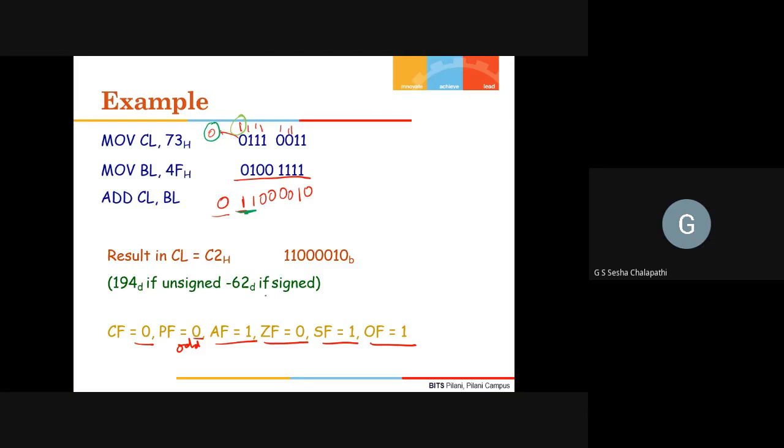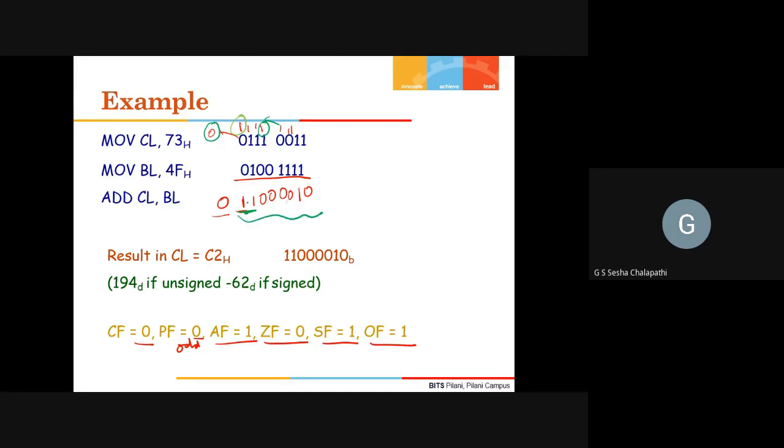And as we have discussed in the tutorials and in the classes also, the parity flag is valid only for the lower byte of data. In this case, you are operating with 8 bits of data, therefore the parity flag will look at all these 8 bits. In this, there are 3 ones. So odd parity, therefore parity flag is 0.